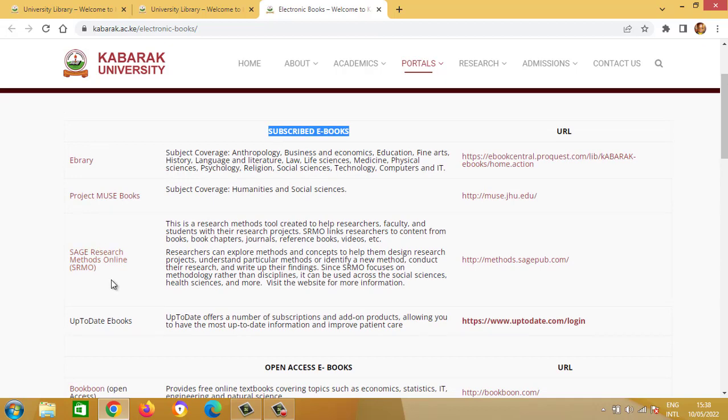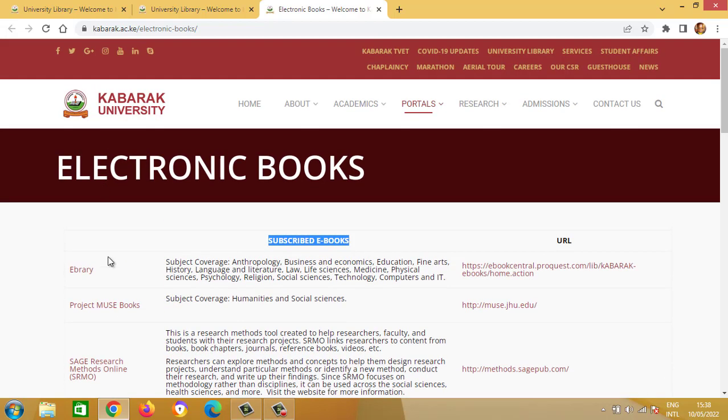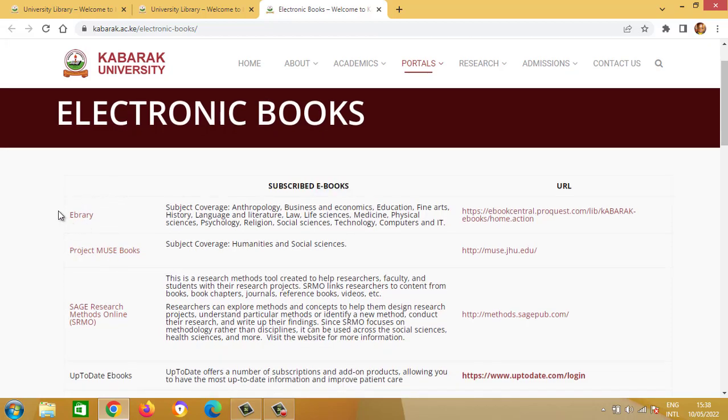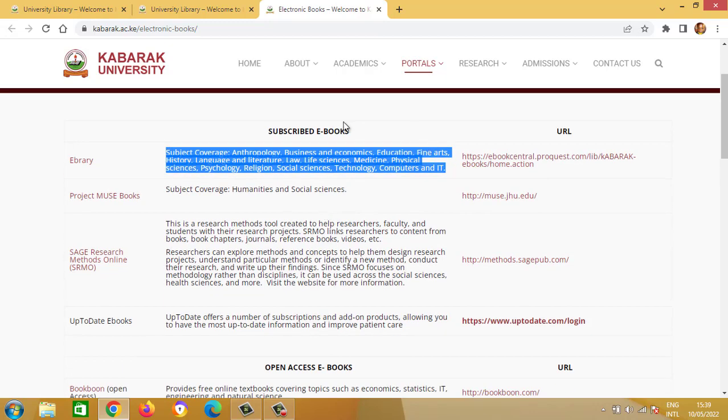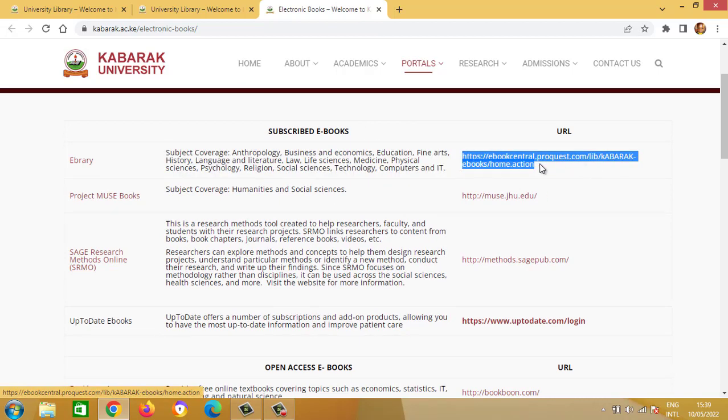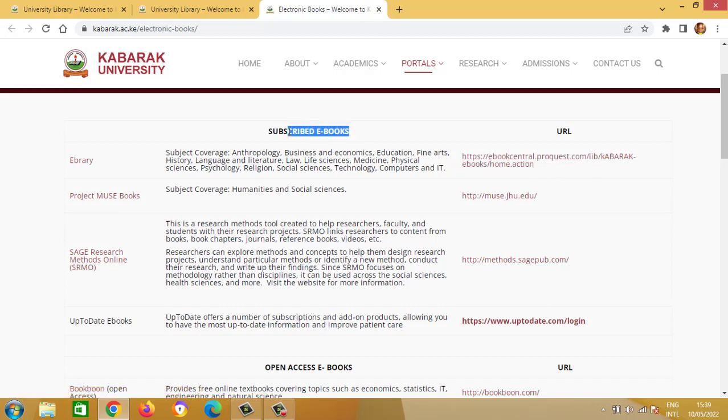So we have the same columns that we were able to see in the journals, whereby this is the resource or the publisher's column. So the first one is the database, slash the publisher, slash the resource name. Then we have the subject. So if this is any of your subjects, you can see your subject here. It means that you can visit that publisher or that database using this link. So for the first category, that is the subscribed